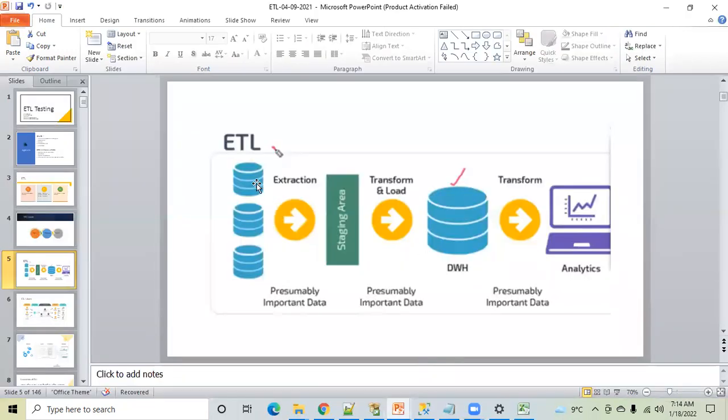So this is all about extraction. These are the sources. Guys, first of all, I'm showing you at a very high level, at 10,000 feet, and then slowly we will deep dive into each and every component, that is sources. If you're getting data, what all validations you should do. And then in the staging, why we have a staging area, what transformations, why we are doing transformations, and here again we are doing some transformation. Then finally on the report, what testing you have to do.